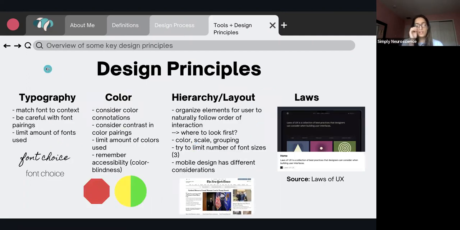And then I wanted to touch on some common design principles just to keep in mind when you're designing. So typography is just the font choices that you're making in terms of your text. It's important to match the font to the context of what you're designing. So I put an example down here. You can see that this first font is very creative. It's a little bit more childish,